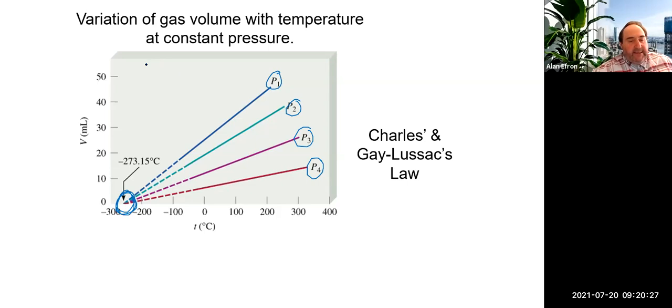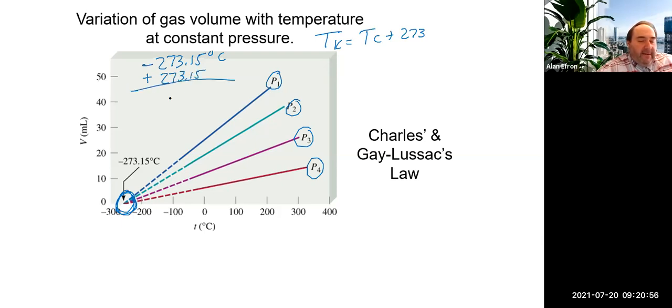Every single gas hits a temperature of minus 273.15 degrees Celsius. Now, that number may look familiar to you because, if you remember, to convert a temperature into Kelvin, it is the temperature in Celsius plus 273, technically 273.15. That means that if we were to convert that Celsius into Kelvin, minus 273.15 is 0 Kelvin. That is what is sometimes referred to as absolute zero,